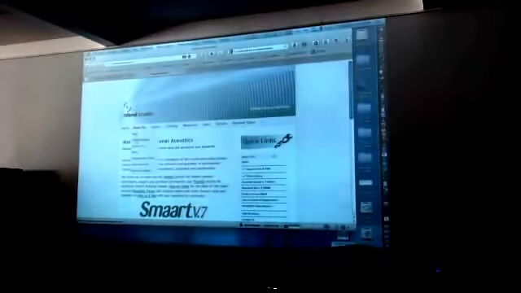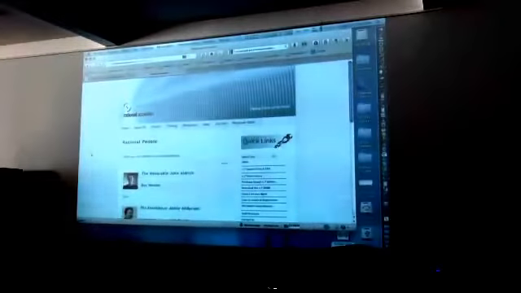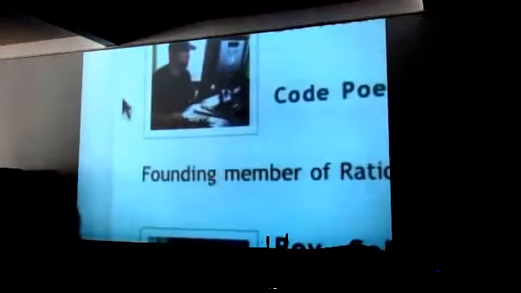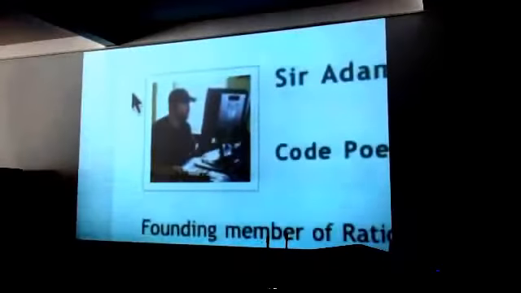So, let me show you the picture of my friend Adam Black. This is the programmer of Smart. So this is the person that, instead of doing vertical lines, is connecting the tops with lines. I asked Adam